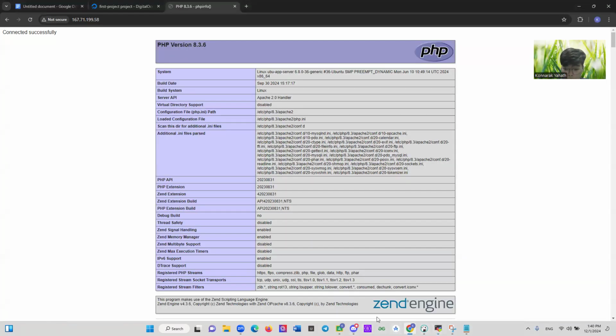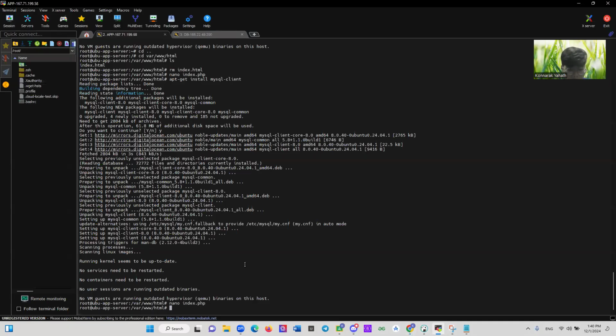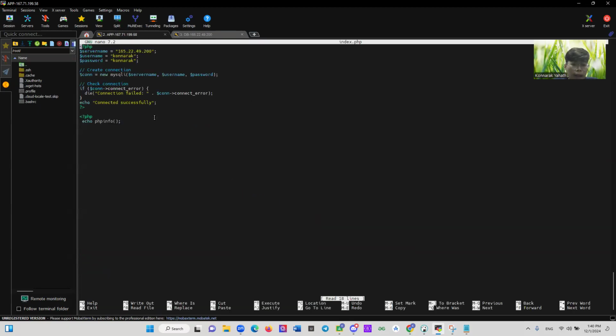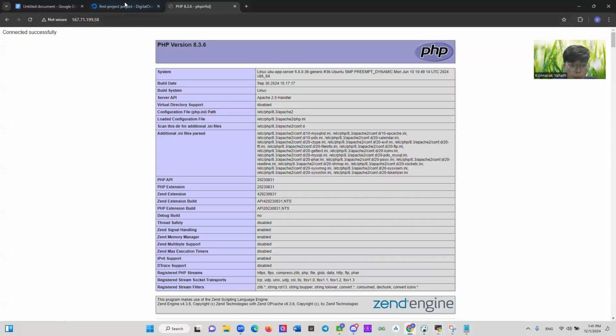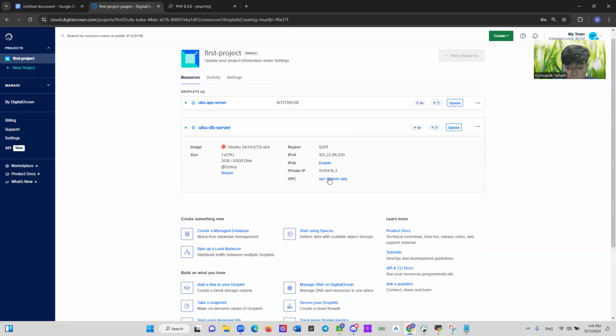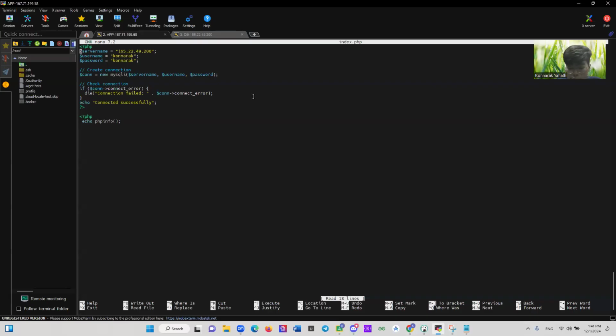The VPC means that for the app server, I can access the database server not only with its public IP address, I also can access it by its local IP address communication, which means here the private IP address. So now I change this public one and replace it with the private IP address